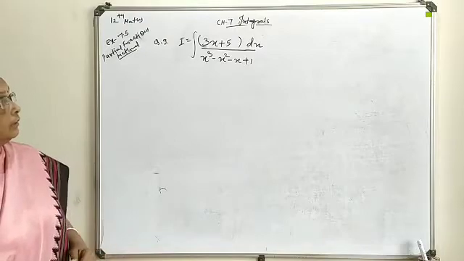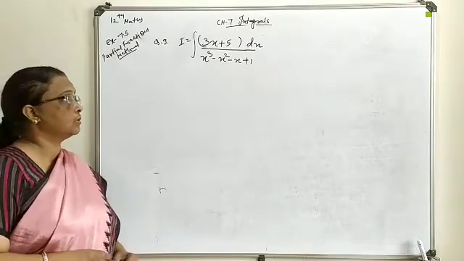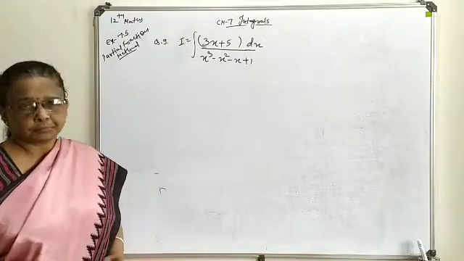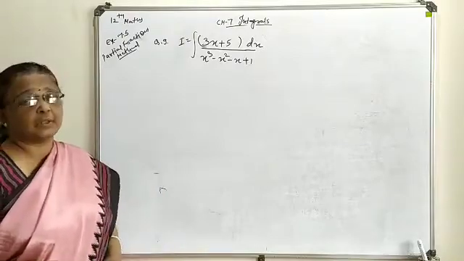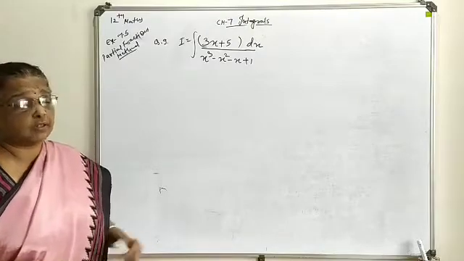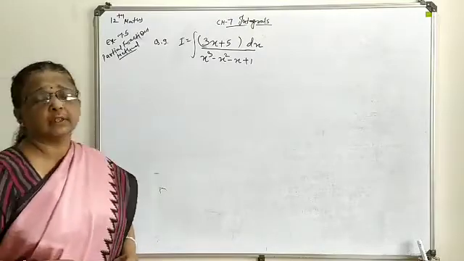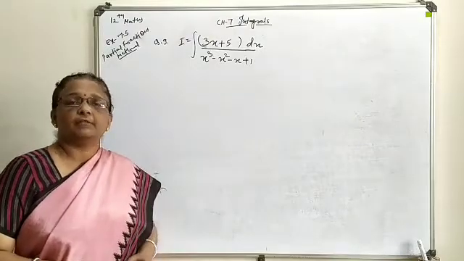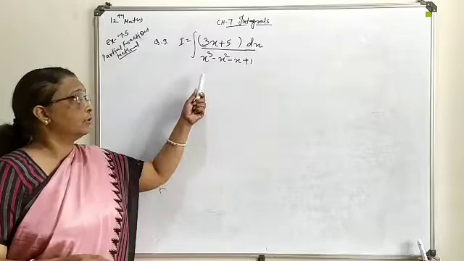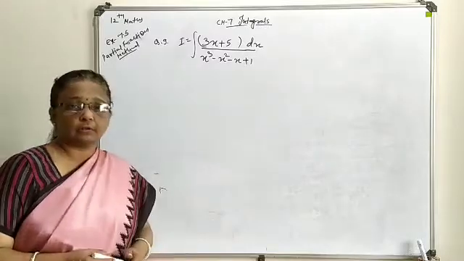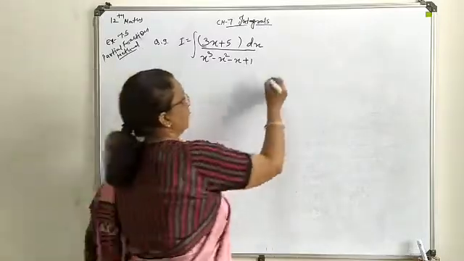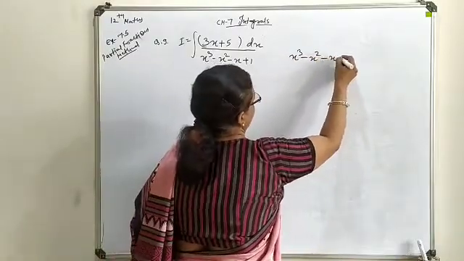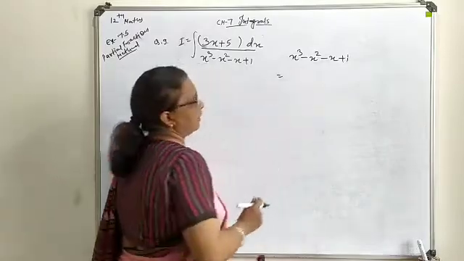in which the term available at the denominator position is totally in the form of an expression, meaning no factor form or any other form is written in the question. So first of all, we have to convert this denominator in such a way that it can be handled for partial fraction form. So first of all, we are going to sort out this denominator separately. That will give you x cube minus x square minus x plus 1. Cubic factors we have to find out.